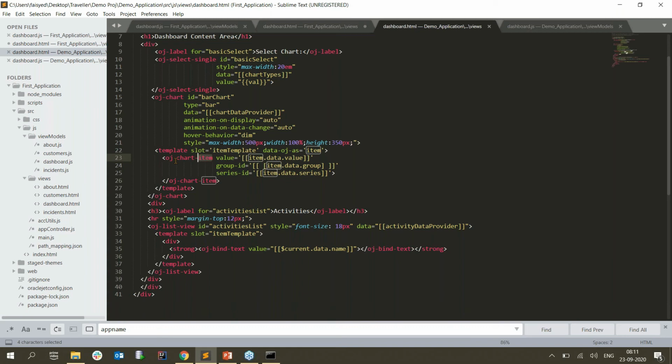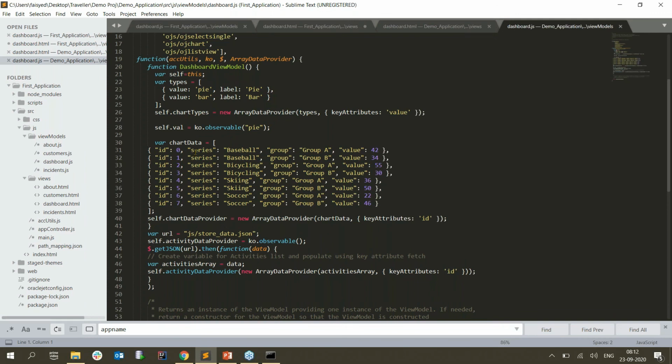In HTML, we have select, right? So inside the select, we'll have the option attributes. In a similar way, for the OJ chart, this OJ chart item is like the sub attribute in order to distinguish and assign different values for each and every item. So we are assigning the value, we are grouping them, and we are giving them the series IDs. These are certain predefined attributes that we'll utilize. We are considering them as the series, and we are using the groups in order to group them together and assign the value.